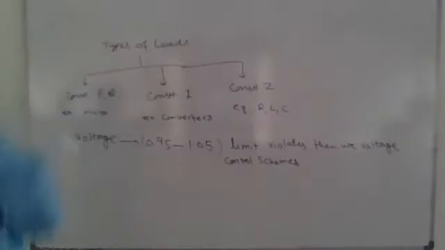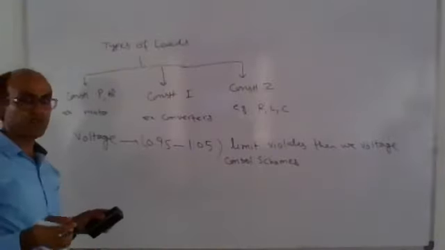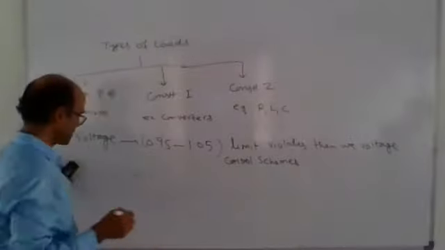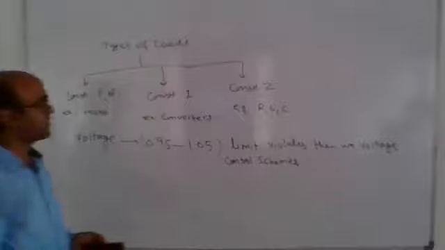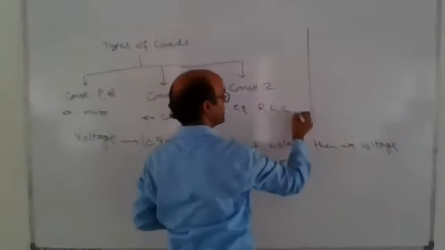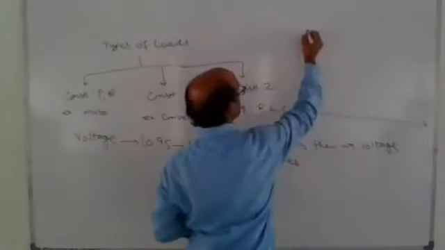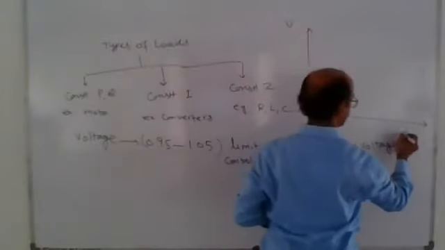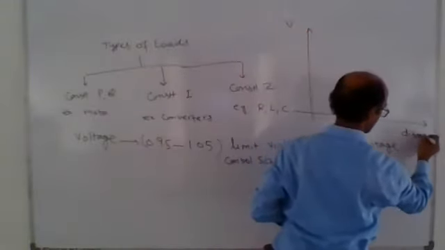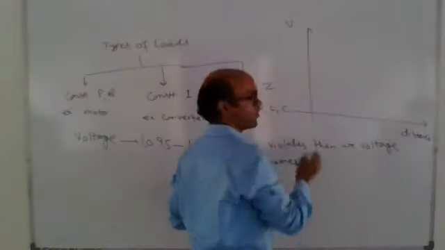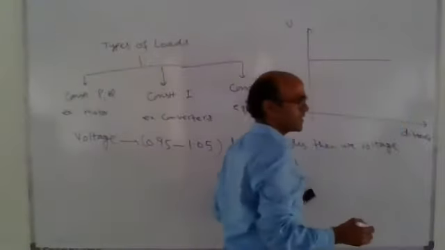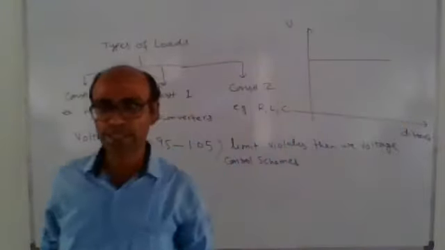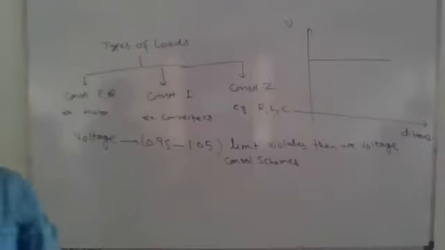So where we want to control the voltage is based on this. You have seen in Power System 1 transmission line loading. If we want to control external voltage, then you have seen there is a voltage and distance profile. If there is a flat voltage profile, it means whatever may be your voltage, this voltage will